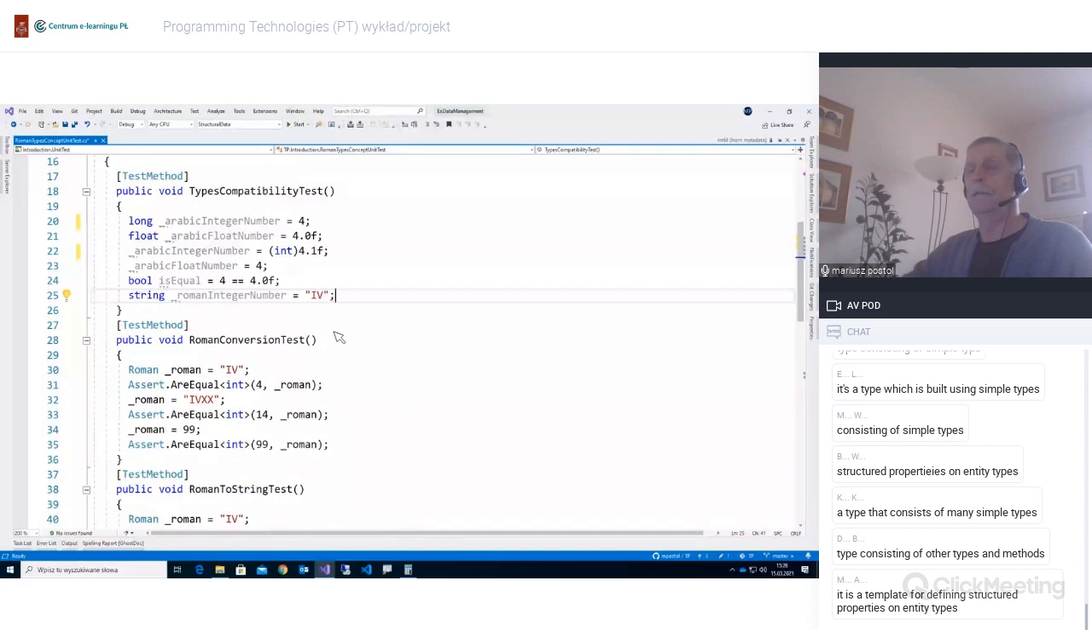But here you can see that we can write it as a string, but here actually we can provide any text. And